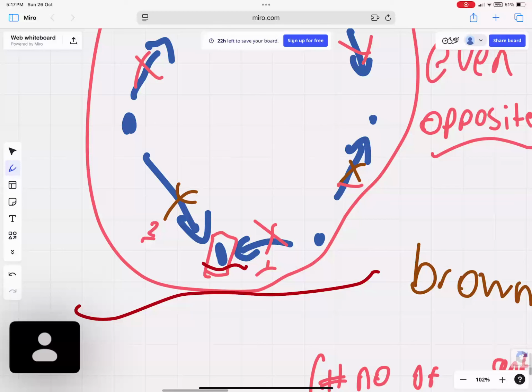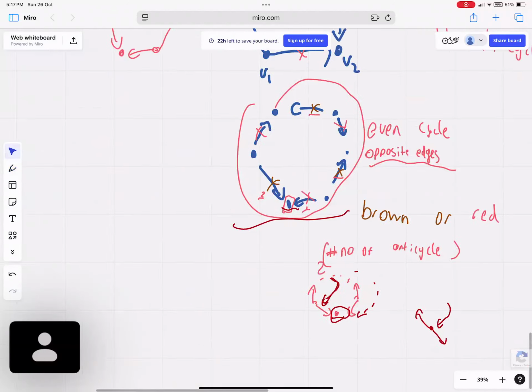Yes. Okay, so now the other solution which involves bipartite graphs, what we do is